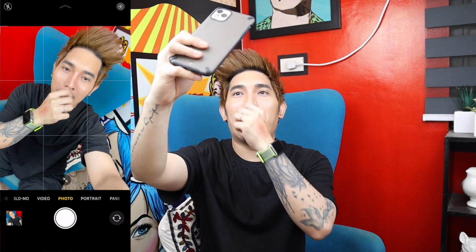I kinda stick out my neck kasi sa pictures, mas mahaba siya tingnan kasi kulang tayo sa leeg. There. Angulo ko lang ng konti, to thin out my lips, medyo